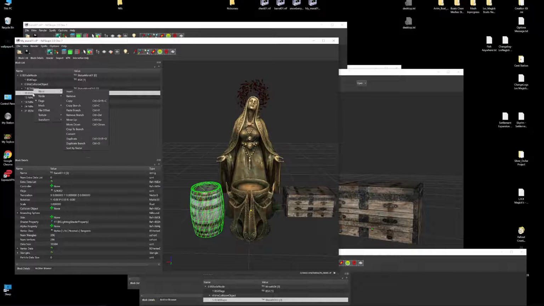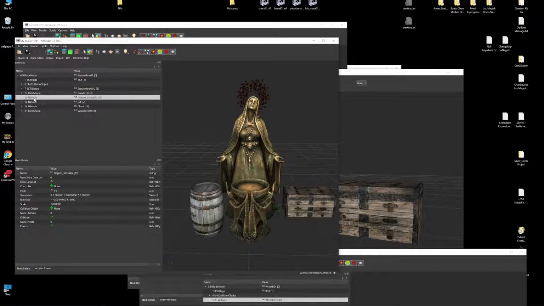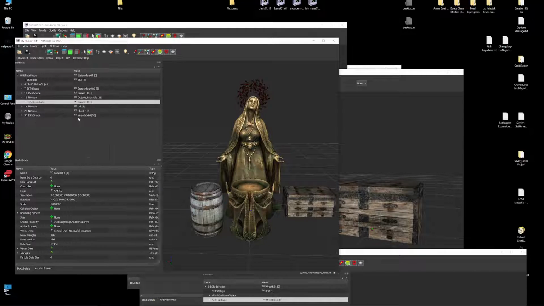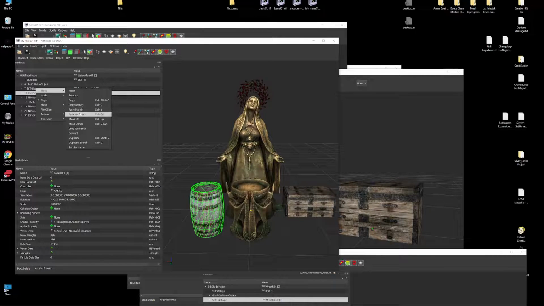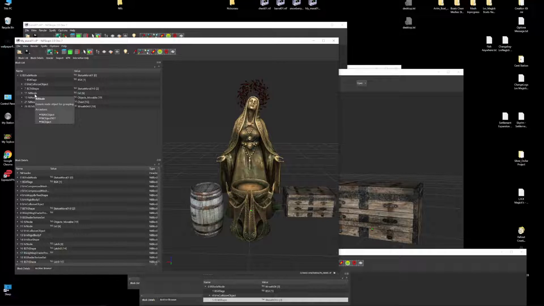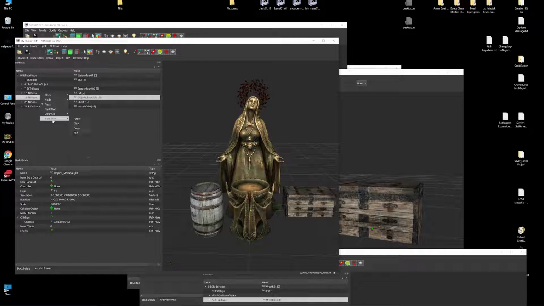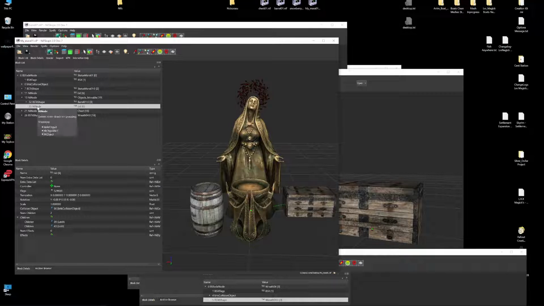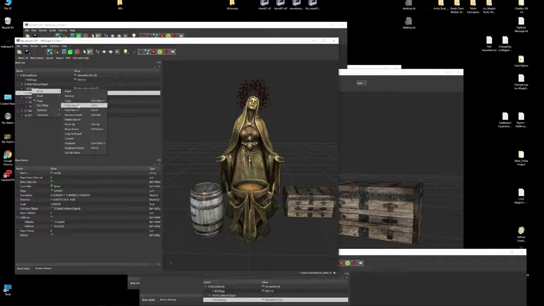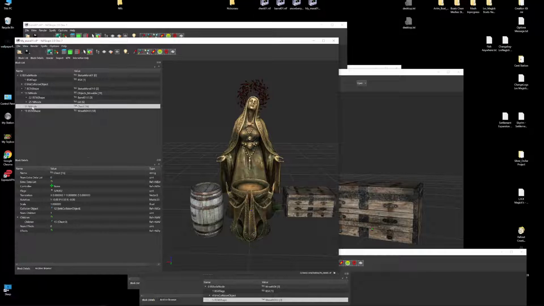So what I'm going to do, copy branch, and I'm going to paste branch into movable, remove that branch. I'm going to copy this into movable objects, or objects movable, paste branch. Remove branch.